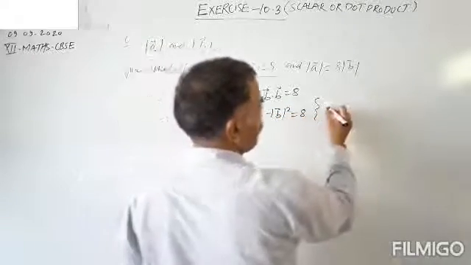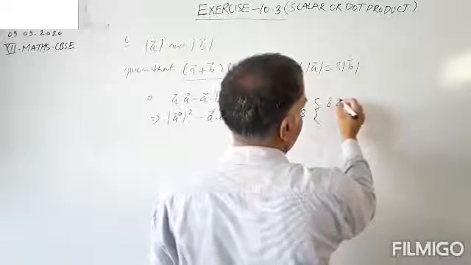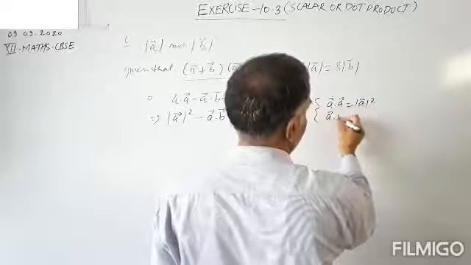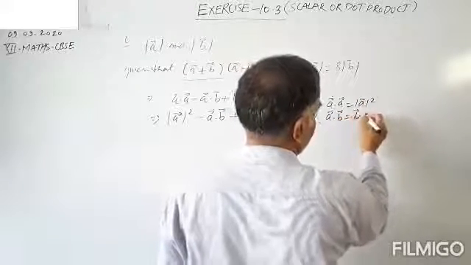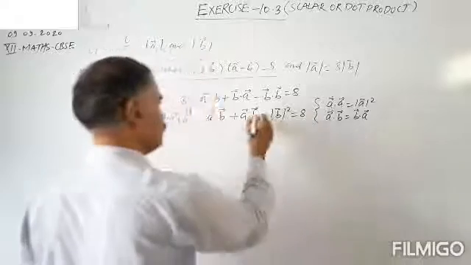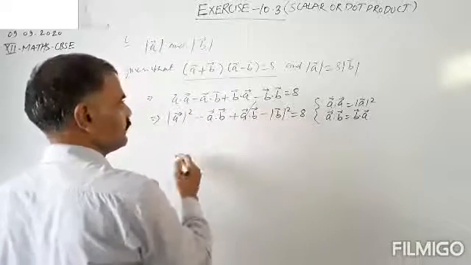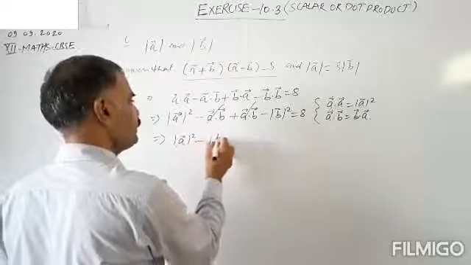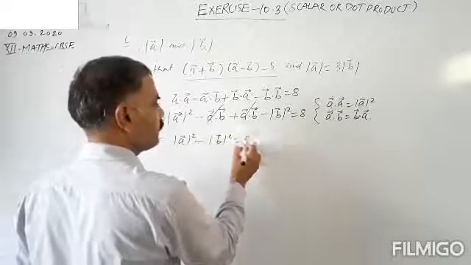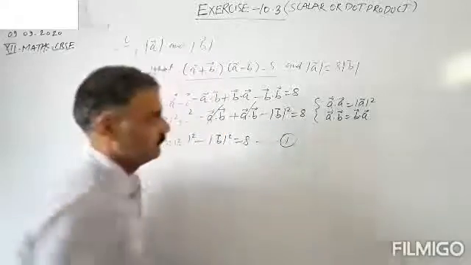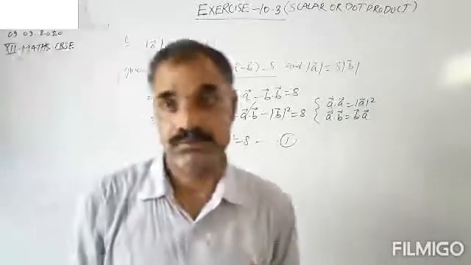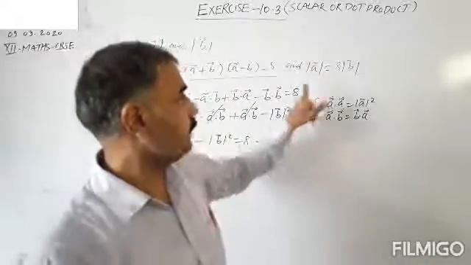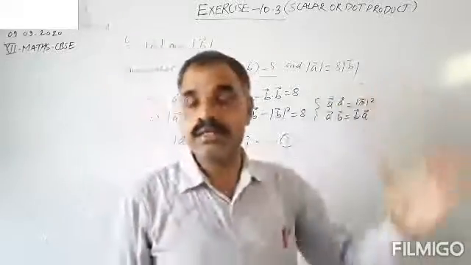We know that A vector dot A vector equals magnitude A vector square, and A vector dot B vector equals B vector dot A vector. So this will cancel this. Now we have magnitude A vector square minus magnitude B vector square equals 8. Equation number one. Now it is also given that magnitude of A vector is equal to 8 times the